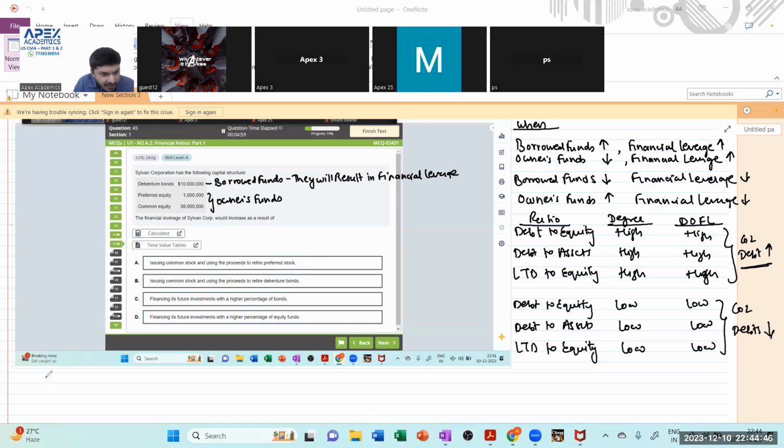Now, if you are issuing common stock and are using the proceeds to retire the preferred stock, what is the journal entry that I will pass? In part A, you are retiring preferred stock, meaning preference share capital is being retired. So the journal entry will be preference share capital account debit. It is gone out of the books